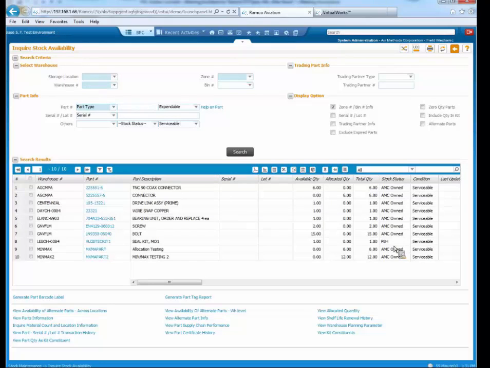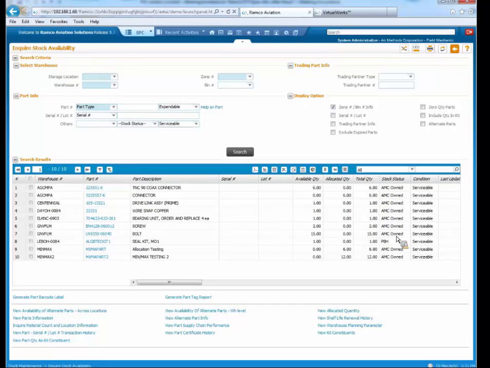The reason why it's important to know that condition has changed is because before, if you had an expendable part, when you go to print your parts tag, you have to select what condition it is for the parts tag to come up correctly. So now you'll have to try it. If it works without a condition, great. If not, you'll have to select that condition so that it shows the parts tag with the condition that you